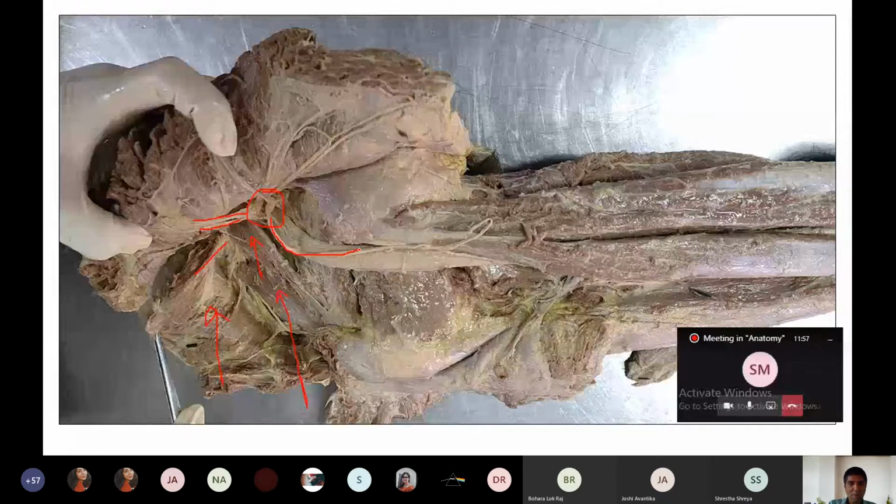So all these structures we have identified before, and even these small muscles. See, this is the tricipital tendon, together we have told. Superior gemellus and obturator internus tendon, and what is this one? Inferior gemellus. These things also we have identified before. And this one, quadratus femoris, this also we have identified before.